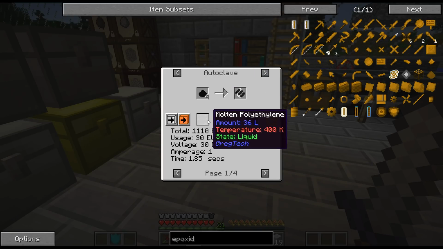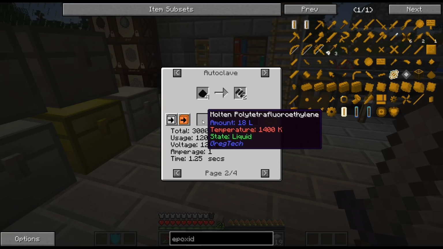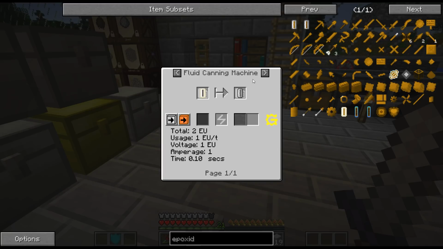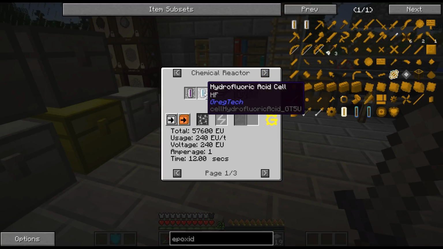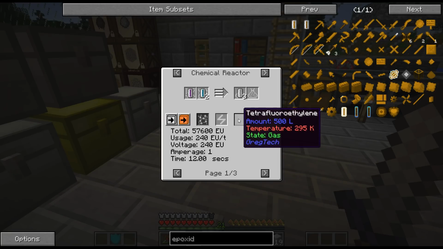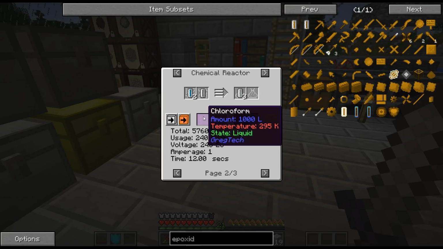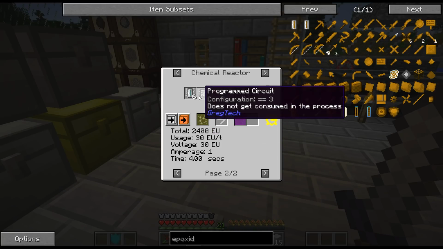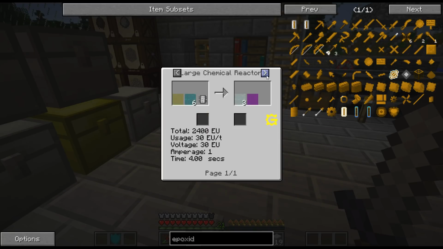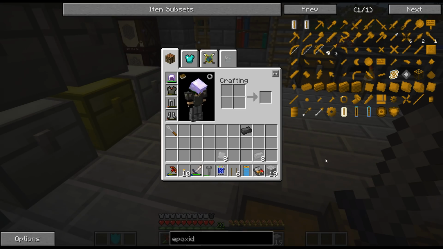I do have molten polyethylene, which is easy. It needs a ton of carbon. This is chloroform and hydrofluoric acid. This is another kind of big process. Lots of chlorine, though. I don't like that. All right, so I think, let me think here. If I need